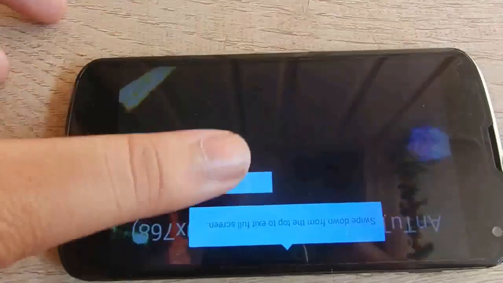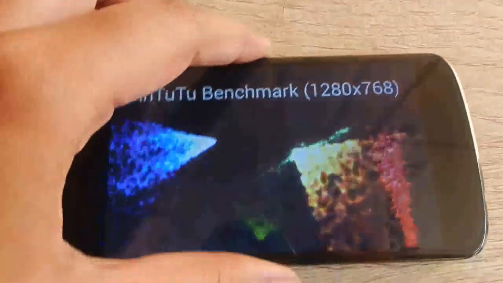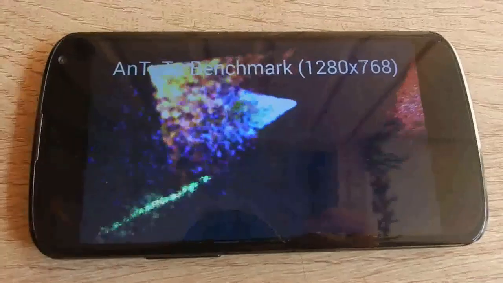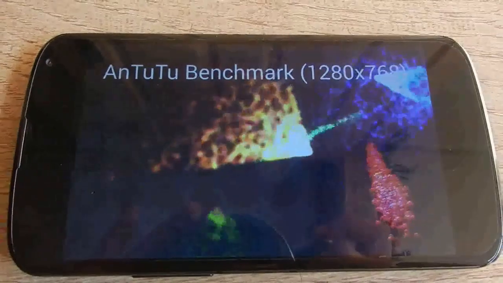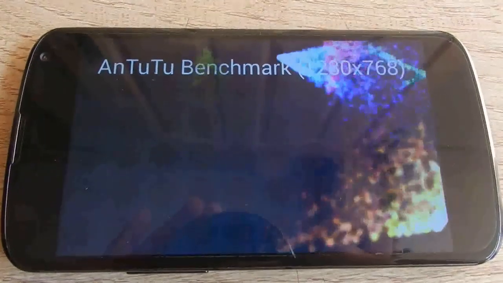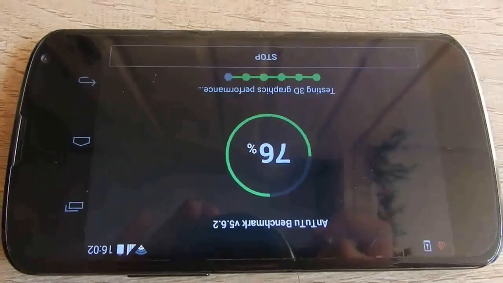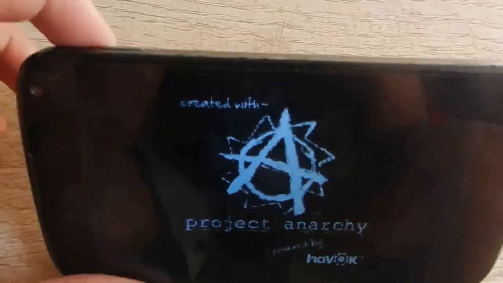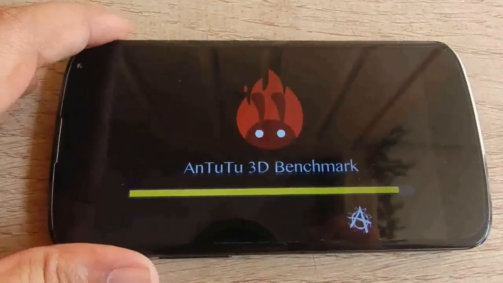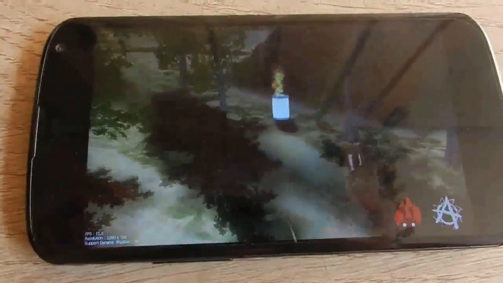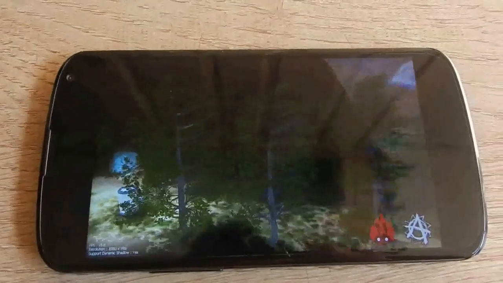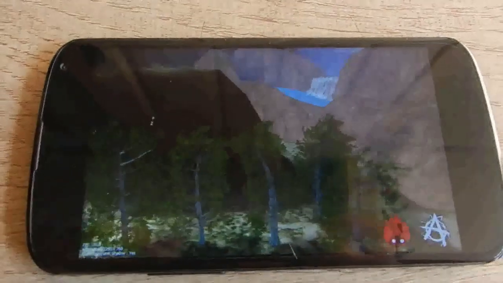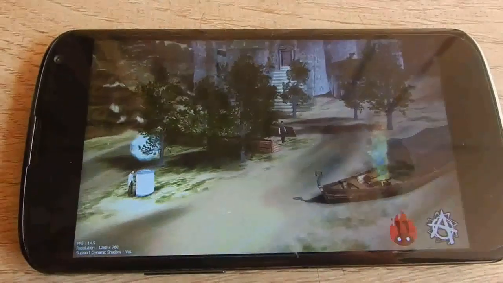Now it is testing the 2D graphics. Your device's graphics processing unit, that is GPU, handles accelerated graphics. When you play a game, your GPU kicks into gear and renders the 3D graphics or accelerates the shiny 2D graphics. Many interface animations and other transitions also use the GPU. The GPU is optimized for these sorts of graphic operations. This benchmark is divided into two subscores, 2D graphics and 3D graphics.